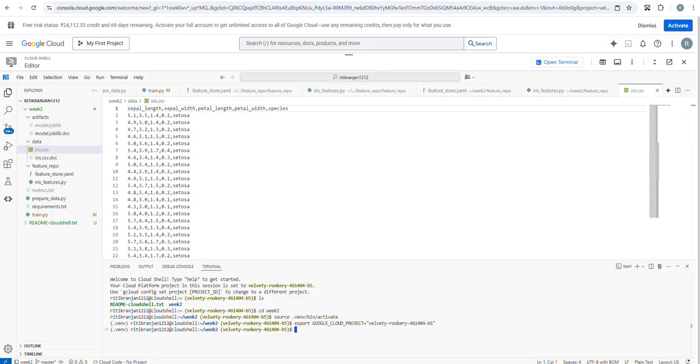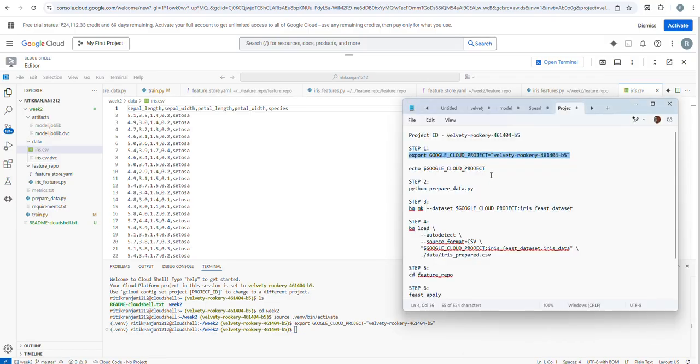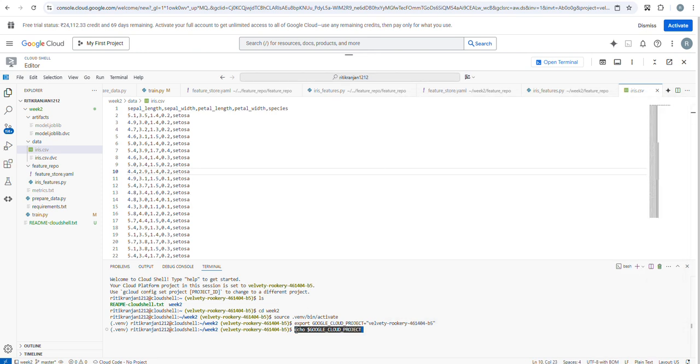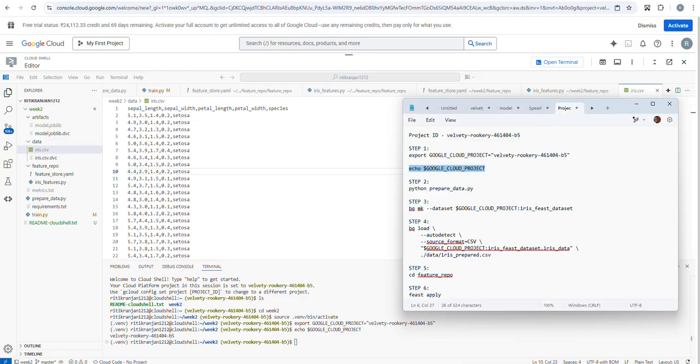So it is set, and we have to test whether it is set or not, so we will run this command called echo cloud project. It is showing Velvety Rookery, this number. So we have set the Google Cloud project, and then we will prepare the feast